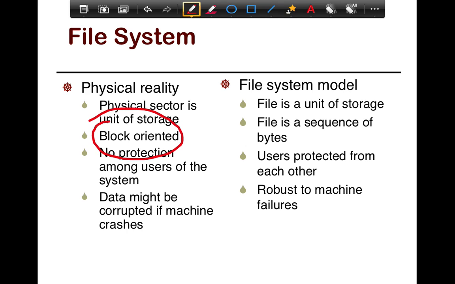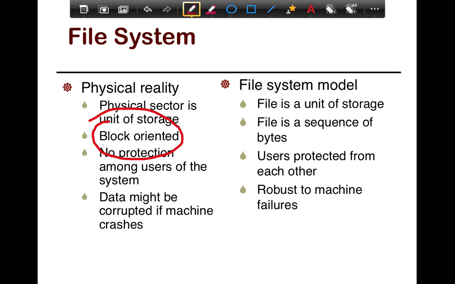They don't understand users, so they cannot protect things like files, whereas in reality systems consist of multiple files and processes that create different kinds of files, and multiple threads may access the same file. There are a whole bunch of programming or higher-level issues that need to be dealt with that disk-level drivers and scheduling cannot. Data might also be corrupted if the machine crashes, and file systems need to deal with this.